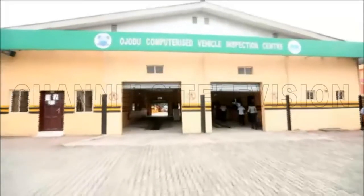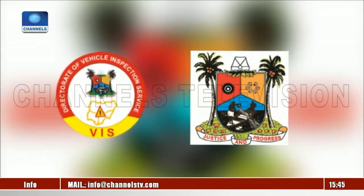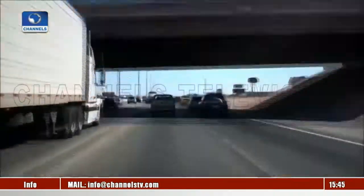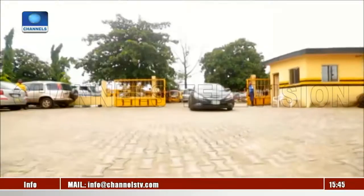Welcome to the Lagos Computerized Vehicle Inspection Service, LACVIS. LACVIS is a creation of the state government with the mandate to determine the roadworthiness of vehicles using international best practices. So whether you drive a truck, bus, trailer, saloon car, tanker, sedan, at each LACVIS center, your vehicle will